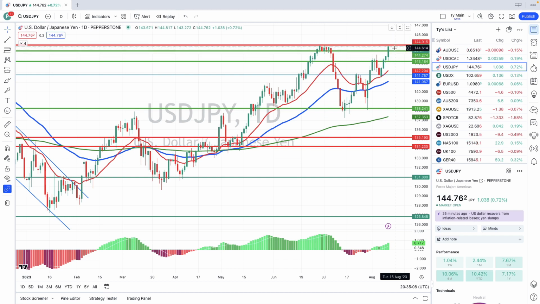If it reverses from this level and starts to weaken, and we see a series of lower highs and lower lows on a smaller time frame, I'd be looking at reversing it back down to the first level here, around that 143.20. You can see here that roll reversal level will more than likely hold up in a reversal from this point onwards. So the short would be looking somewhere around there. But yeah, in reality, you probably should have been able to hopefully get into this trade. And yeah, you should have been able to take profit on it. So the US dollar yen has been pretty good trading.